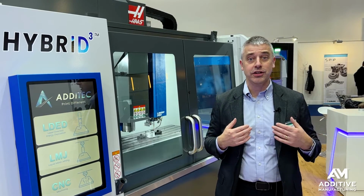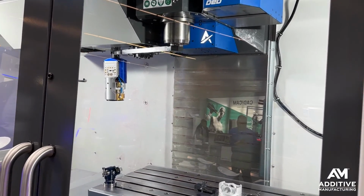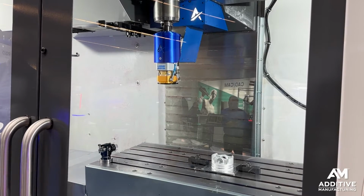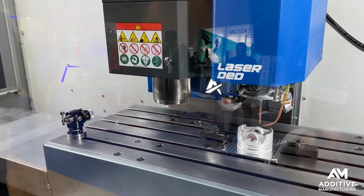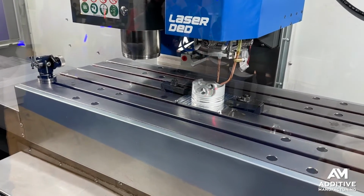A limitation of the liquid metal jetting process is it has to have just the right temperature, so it's height limited because heat conducts through the workpiece as it gets taller and taller. The other additive process actually addresses that. The DED part of a multi-material part could keep the component warm, so the liquid metal jetting could be applied